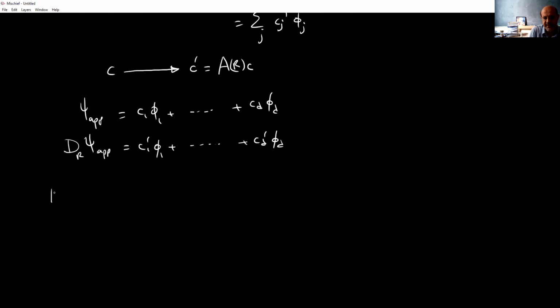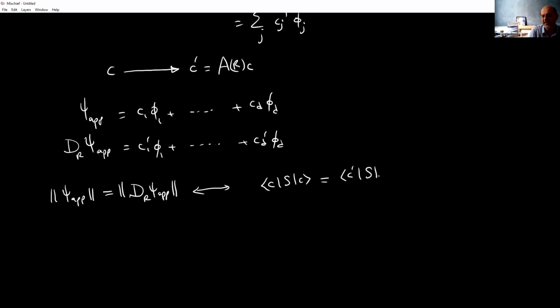What I know in here is that first of all, D(R) is unitary, so therefore the norm of the wave function doesn't change under rotations. I know that. Forget about the square, right? Because D(R) is unitary, which implies that, if you remember, I used the overlap matrix to express the norm. So this basically says that C and C prime have the same norm. Okay, which means